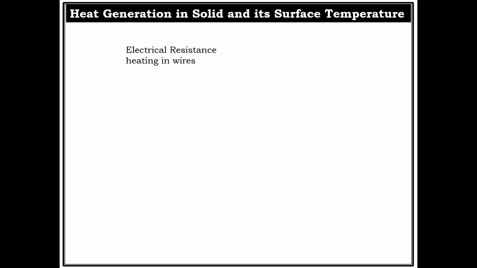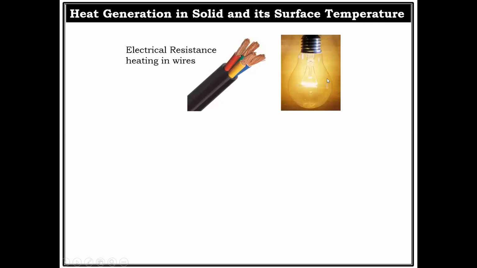Heat generation occurs in some applications like electrical cables, which have electrical resistance. When electric current is passed through, the electrical resistance results in heat generation inside that electrical conductor. Or we observe an application like a bulb, where electric current passed through the filament generates illumination, but at the same time it is heating that element, correct? So that heat generation is due to the electrical resistance.